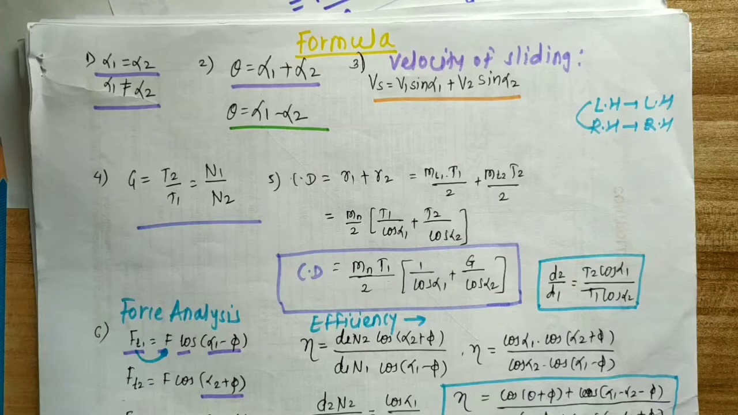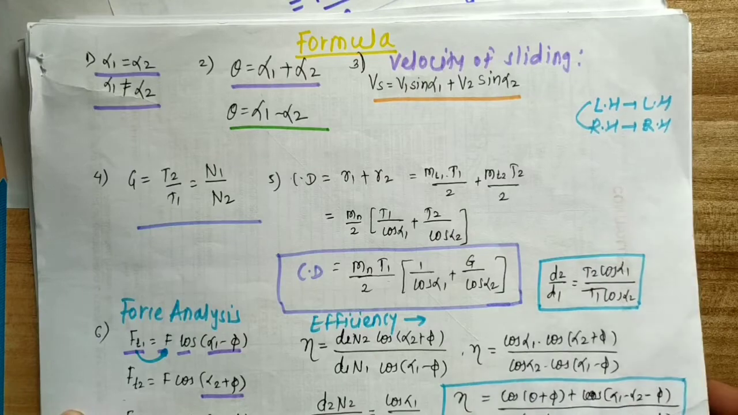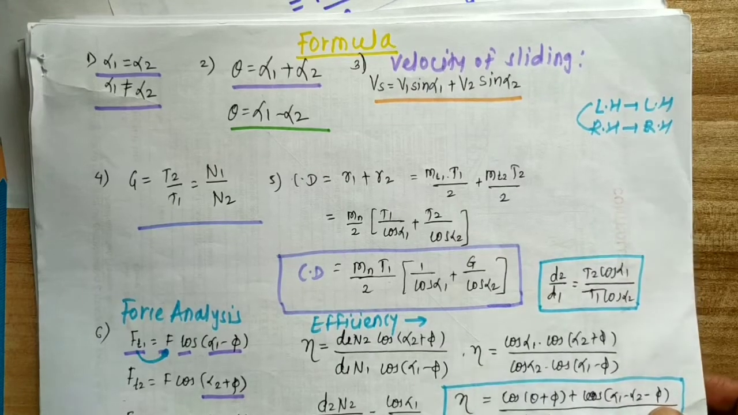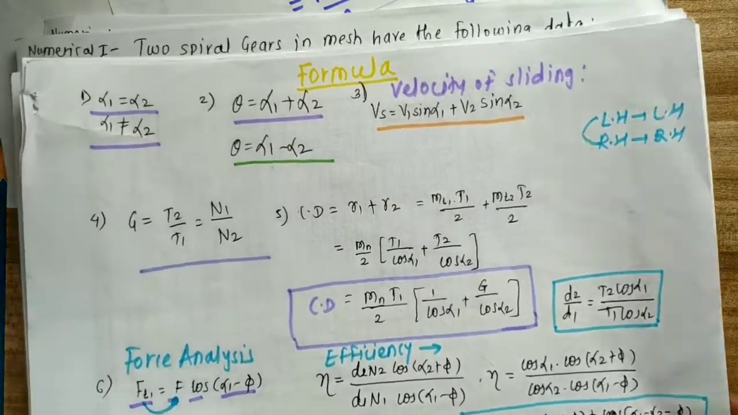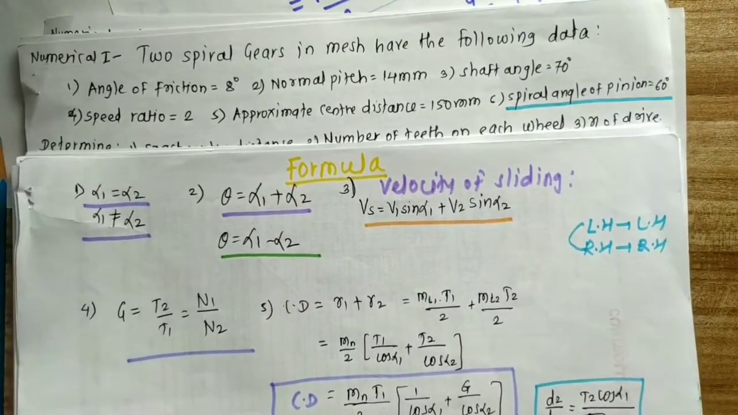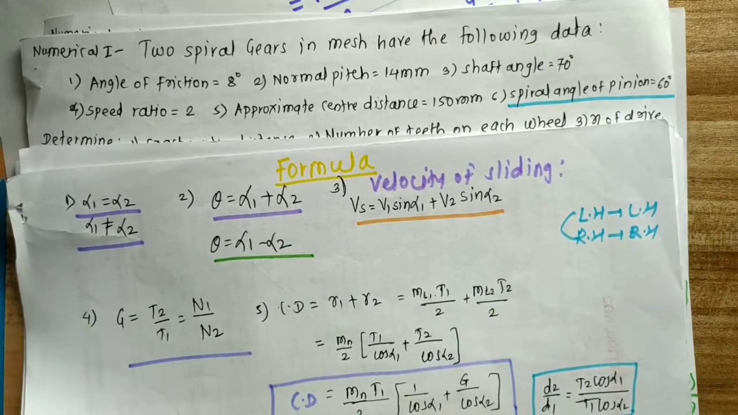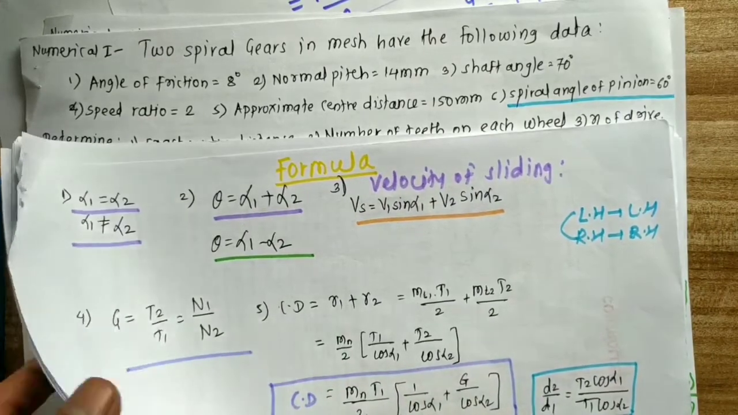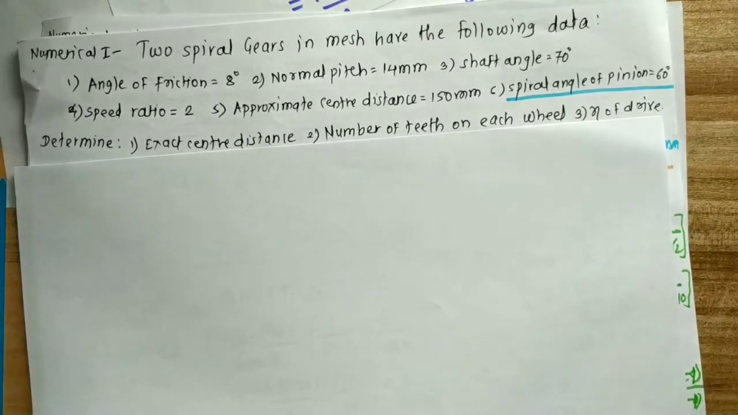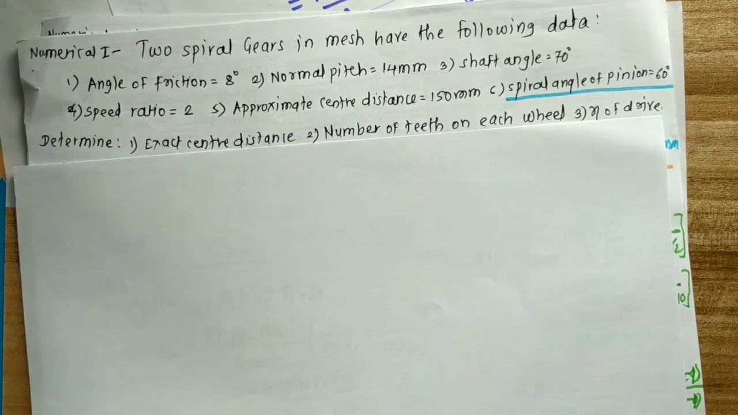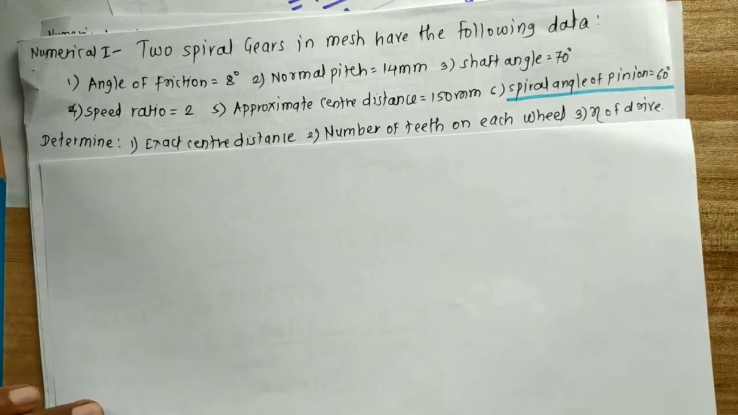Hello everyone. So after the discussion of formulas, now we have to solve numericals on spiral gear, and hence I will explain how to solve numericals on spiral gear with the help of some examples. So first example I am explaining. With the help of that numerical, we will understand how to solve any numerical on spiral gear. So we'll read this numerical first